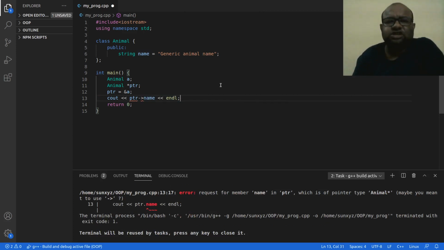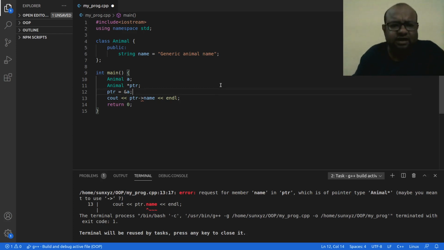When I use a pointer to an object in order to access an attribute or method of an object, I do not write dot, right? So with object name, I would have written object name dot attribute name or object name dot method name. Here I write object pointer arrow attribute name or object pointer arrow method name, right? So this is a syntax difference that we have, right? So yes, this is what I have.